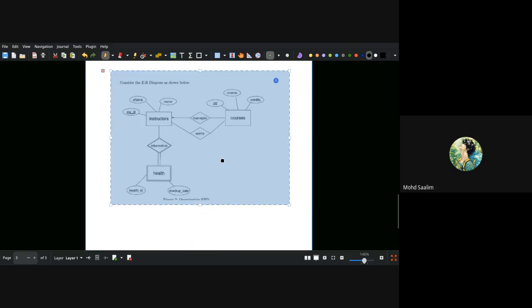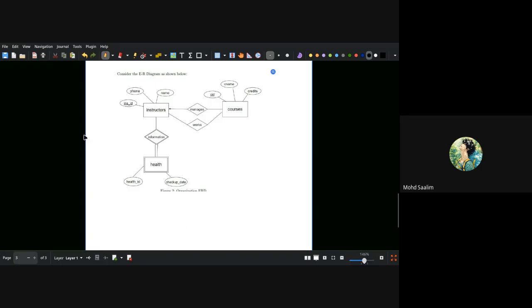So if you see an ER diagram, there are 2 things that you should clearly understand. First of all, this is an entity set, right? These are the attributes which are in the oval. And in the rectangle, you will see the entity set. In the diamond, you will see the relationship set. And if a relationship is a double-lined diamond and there is an entity set with a double-lined rectangle, it means this is which type of entity set? Weak entity set.